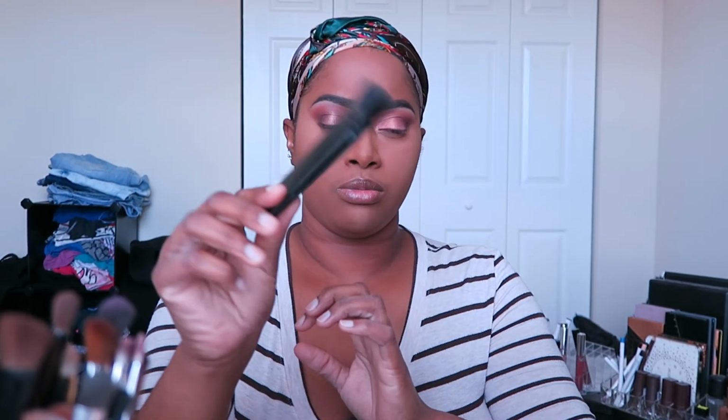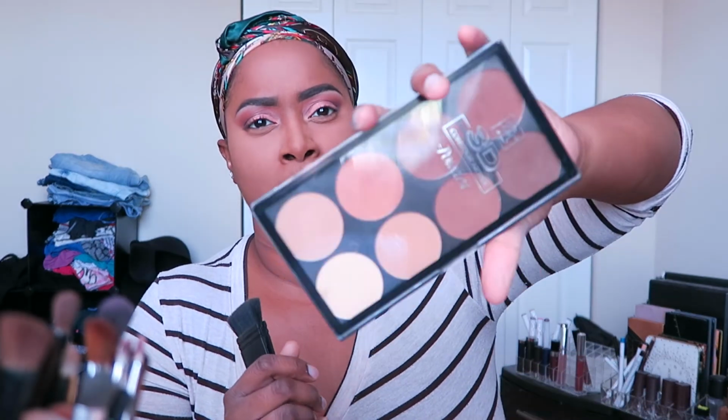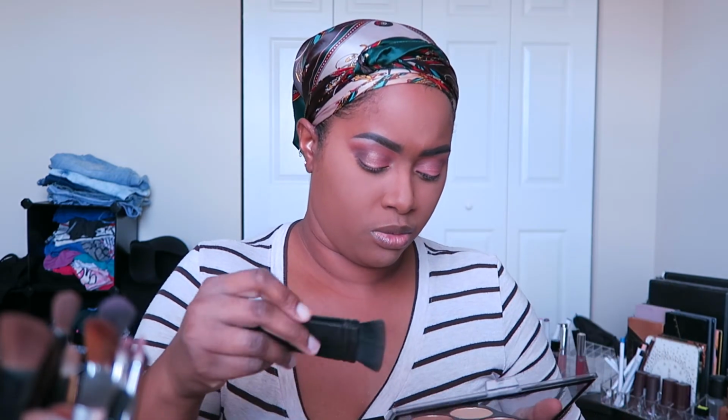Now I'm going to contour. So I'm going to take this Black Radiance contour. Well, I don't know what they call this brush, but I use it for contour. Ruby Kisses, bought it from the Beauty Supply. Ruby Kisses powder contour kit. It was $7.99. I'm gonna take the second to last deepest shade on the warm side